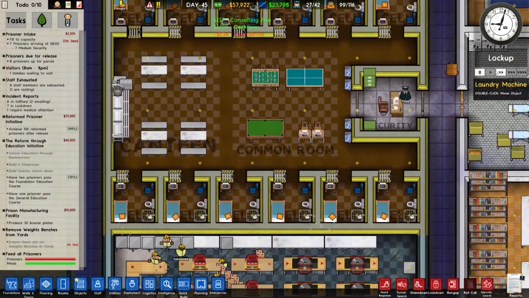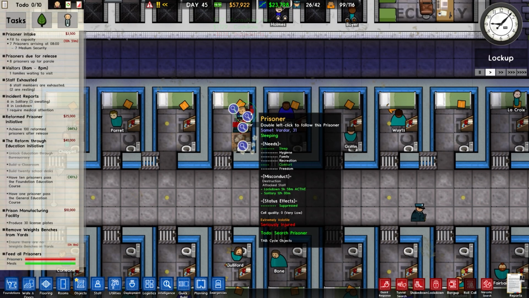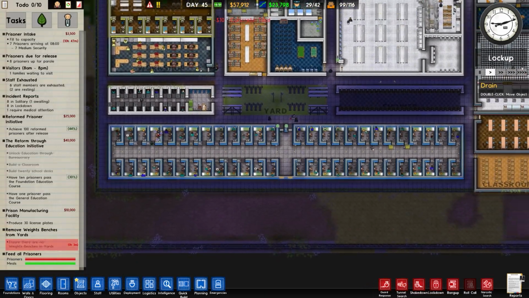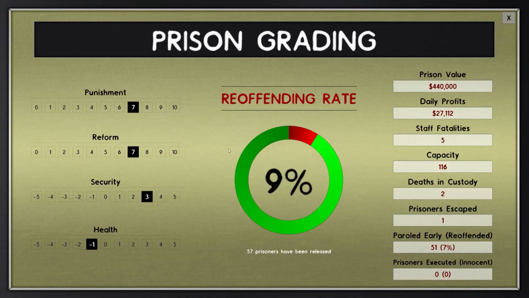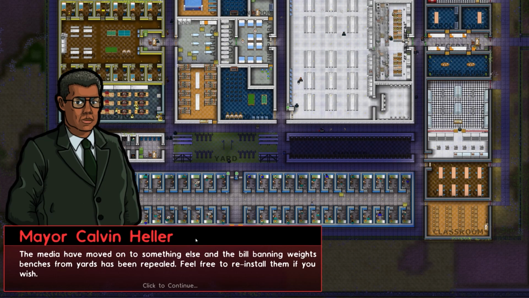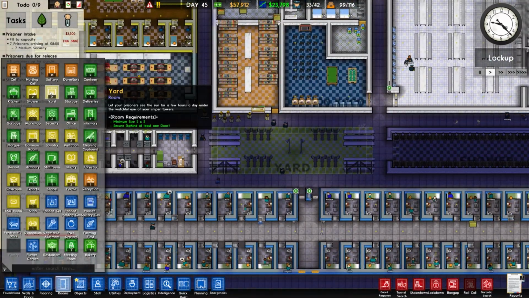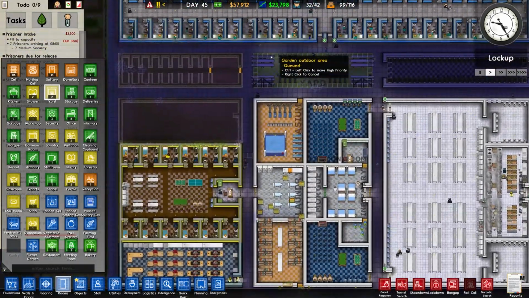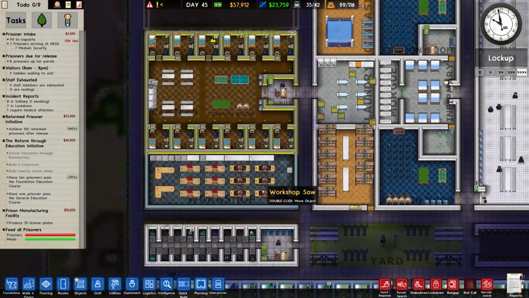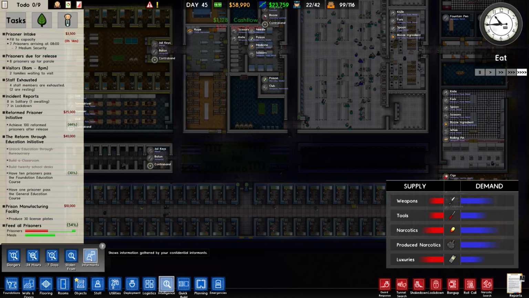And where's all this fighting? Samat Vada kicking off by the look of it. Extremely volatile. To be expected with the type of prisoner and the traits that they have. Grading. Reoffending rate's gone up. And the mayor's calling. Made you move on to something else in the bill. Banning weights benches from yards have been repealed. Okay. I didn't know it was a bill. I thought it was just a recommendation. I thought we could ignore it. But maybe not. Well, this is now in the workshop. That's okay. I'm tempted to activate